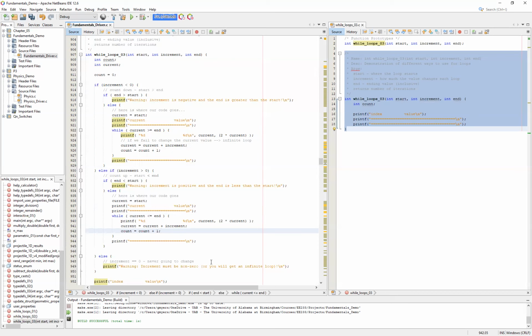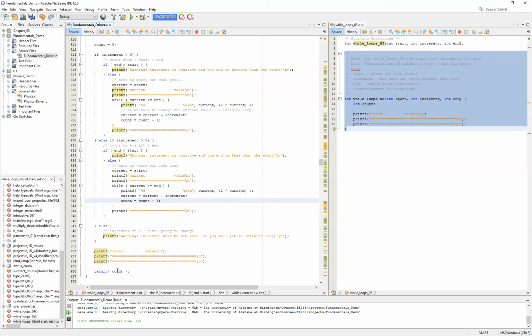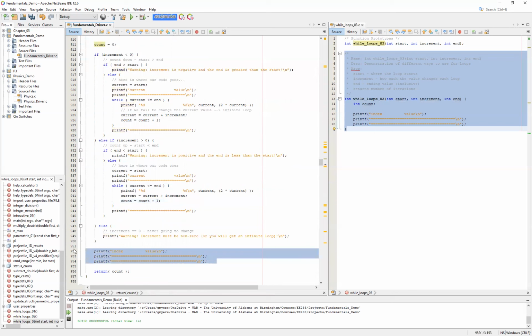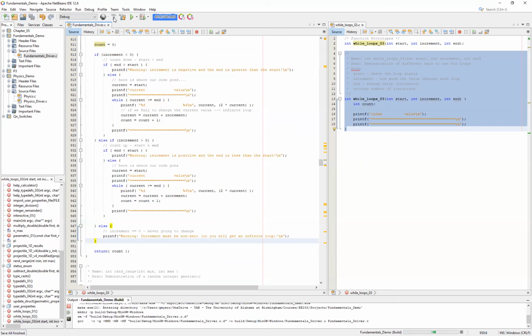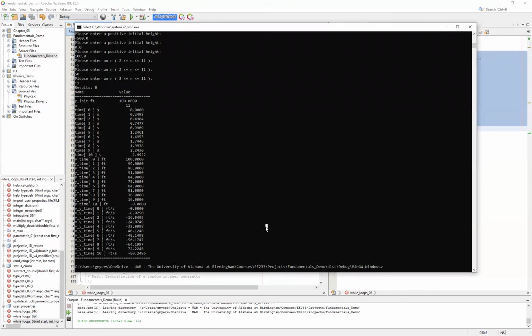Either is perfectly fine. But at this point, our while loops 03 is effectively done because we have returned the count. And at this point, you can simply get rid of these notes here. The idea is I was going to borrow from this table here, and quite frankly, in this video, I completely forgot about it. So if we go ahead and build it, we should have a successful build if we haven't made any typos, at which point you can come over here to your command line and run our fundamentals demo.exe, this time with our